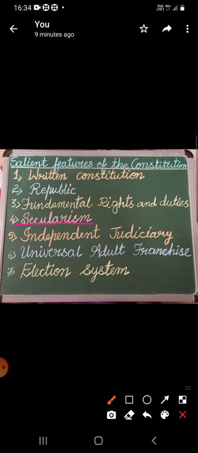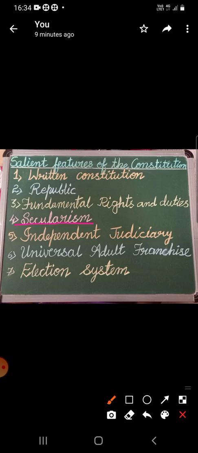The Constitution upholds the principle of secularism. The governments are expected to make no discrimination. So children, they cannot make any discrimination on the basis of religion, and they must treat all religions equally, whether they are Hindus, Muslims, Christians, Jains, or any religion. Whichever religion they may be, there must not be any discrimination on the basis of religion. They must be treated equally.